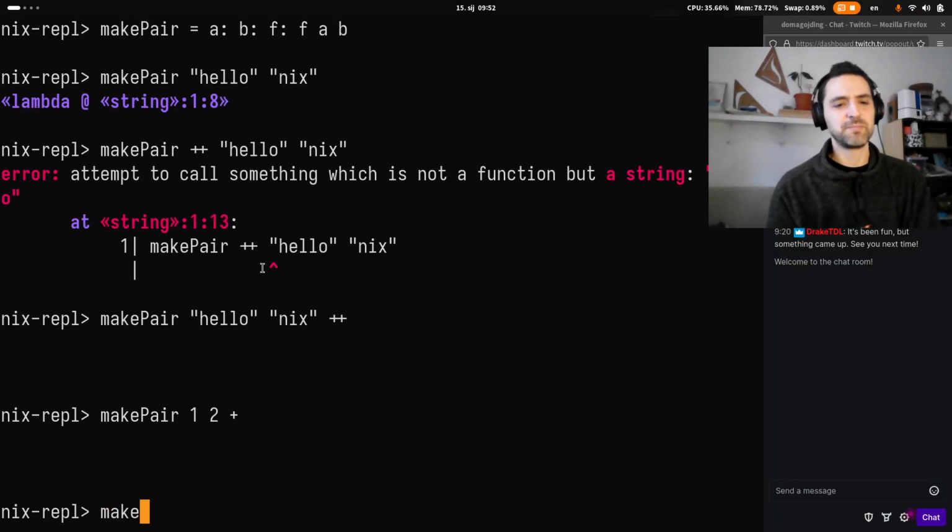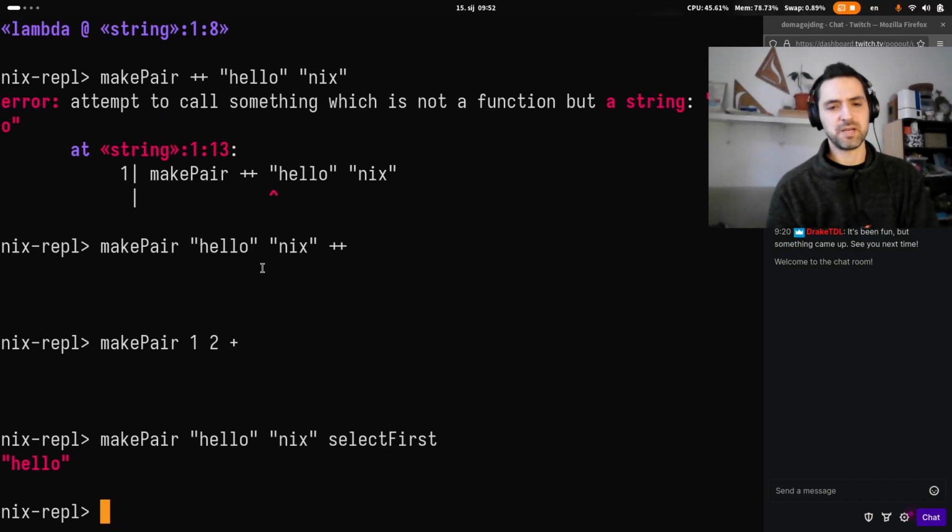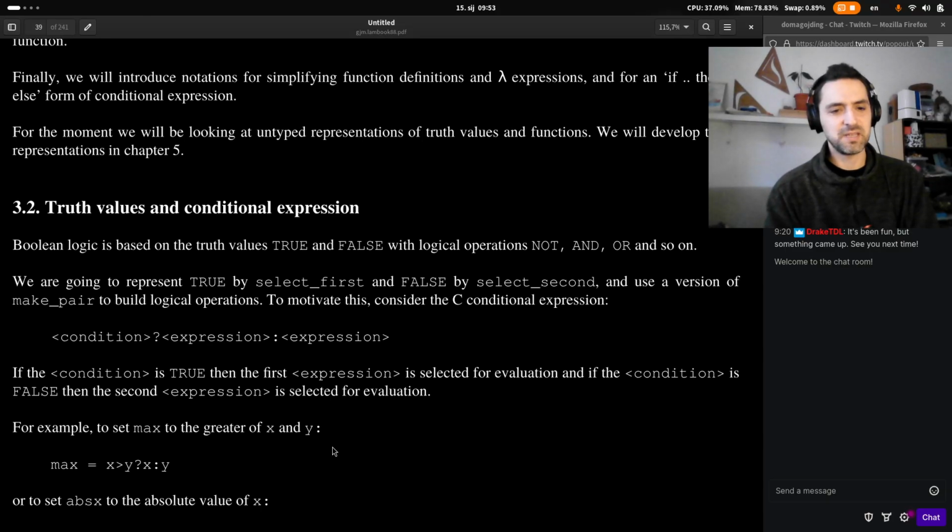Because we used the example make pair hello Nix, and then we used select first, and we got the hello. And these are the substitution rules. If you don't know what substitutions are and how they work, it's very hard to understand what's going on here. So the make pair makes this thing. How does it make a pair, right? We did the,